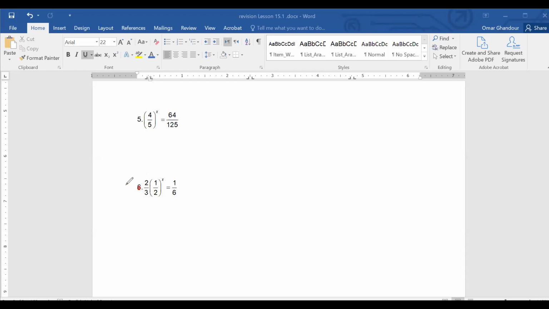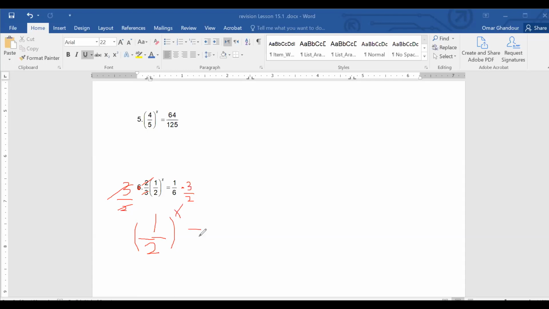It's 3 over 2. So multiply with the 3 over 2 in here and the same in here. Cancel, cancel, cancel, and cancel. And then I'm left with (1/2)^x